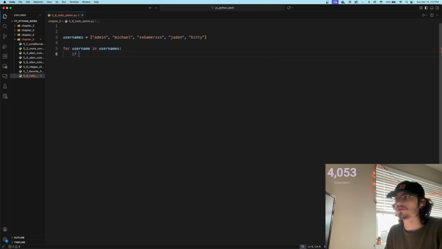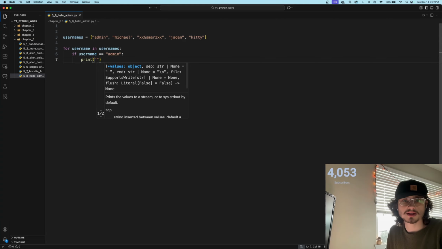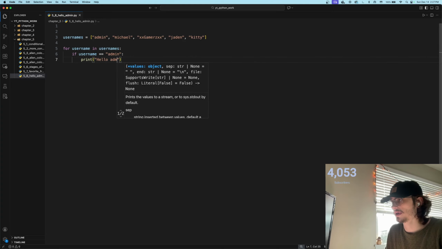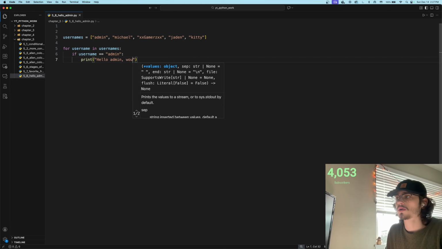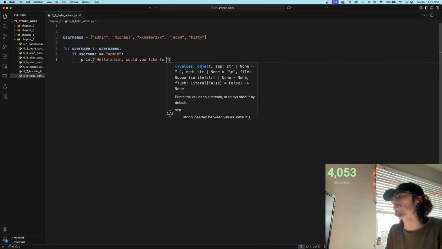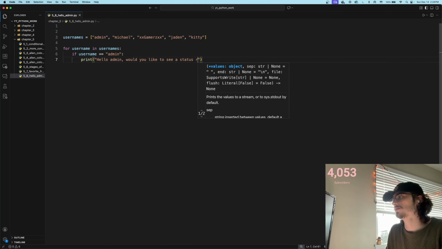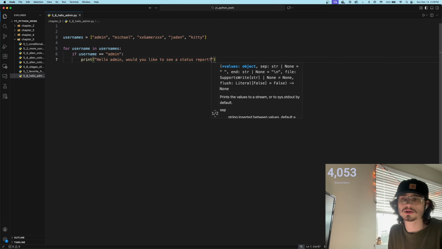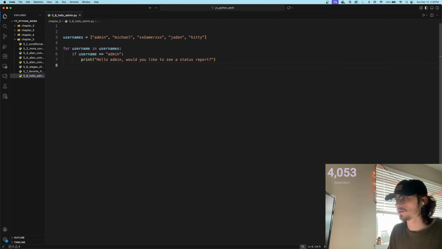So we'll say if username is equal to "admin", let's go ahead and print a message saying, hello admin, would you like to see a status report, like the example shows. Otherwise,